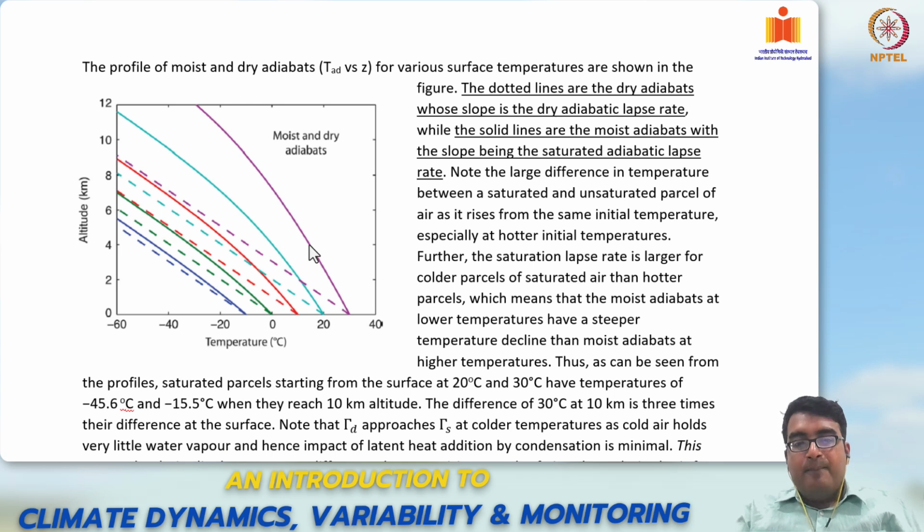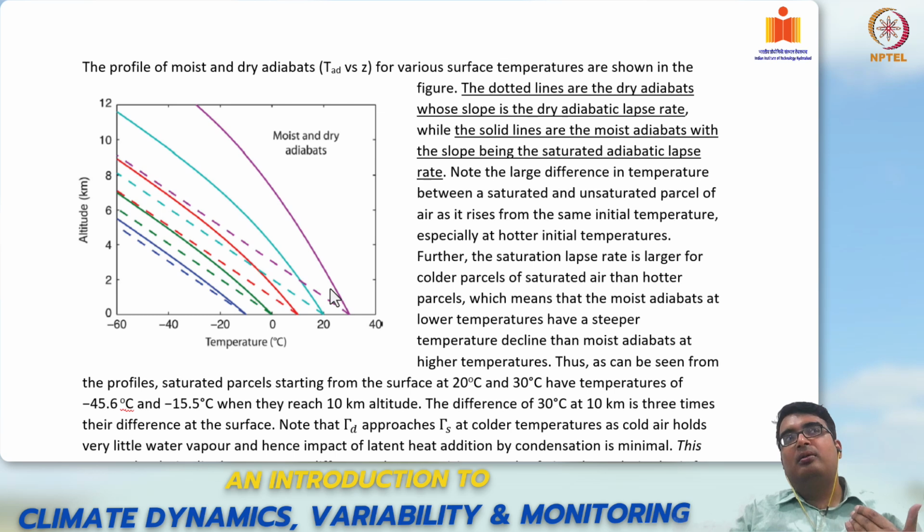As it rises, because the saturation adiabatic lapse rate is much smaller than the dry adiabatic lapse rate, the dry air cools much faster. So, by 2 kilometer altitude, the dry parcel of air's temperature has decreased from 30 degree centigrade to say about 18 degree centigrade, whereas the moist parcel of air's temperature has barely decreased by say 3 or 4 degree centigrade, to about 26 or 25 degree centigrade. Okay, so we are already seeing more than 7 degrees difference in temperature with a rise of 2 kilometers,